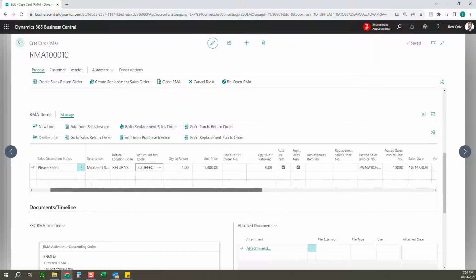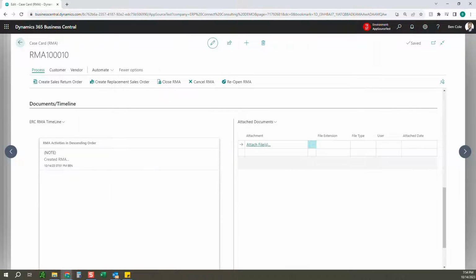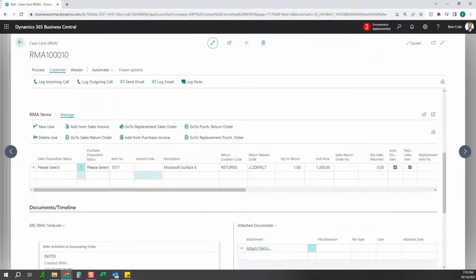So let's come down to the last two things down here, the timeline and the attached documents. It's going to be the same as before. Again, you can add different things to the timeline, so you can add calls, emails, notes, things like that. You can attach different documents or images or anything like that. And at a high level again, that's how we're going to get started before moving into processing this